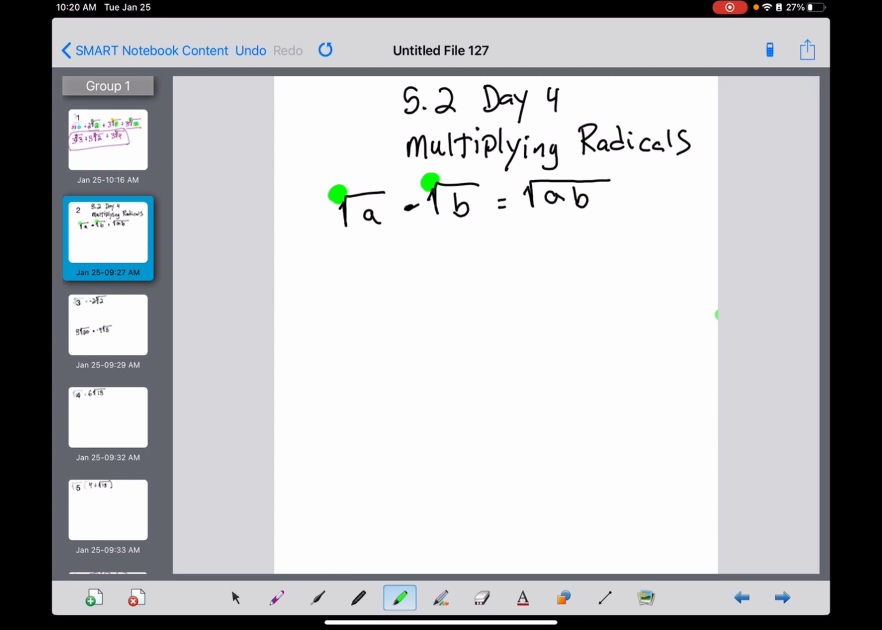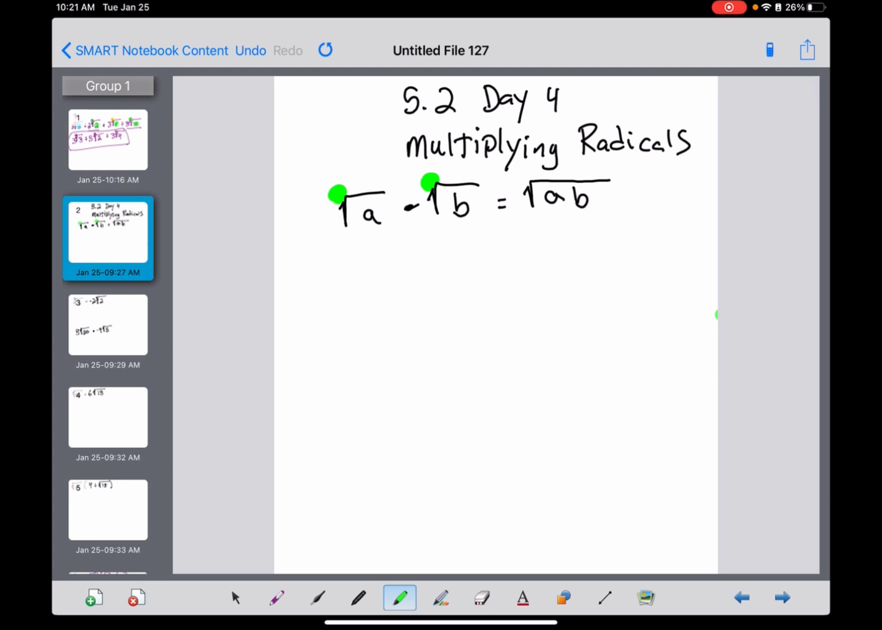It doesn't matter what it is underneath the radical. They can be completely different. When we added or subtracted them, both of those things had to be the same. That's not the case when you multiply. They can be two different things, as long as the index is the same. Kind of say if the index is the same, what's underneath the radical gets multiplied by what's underneath the radical